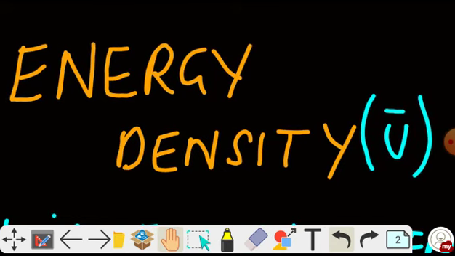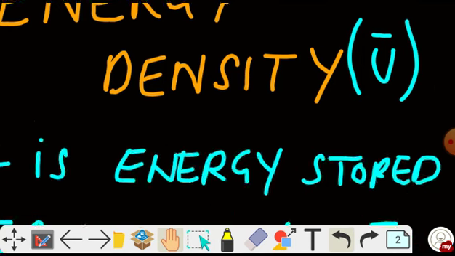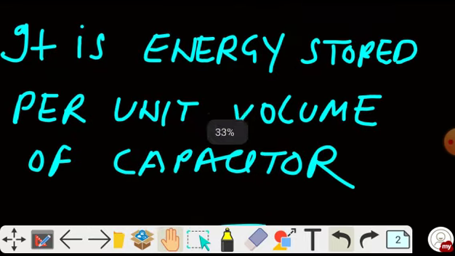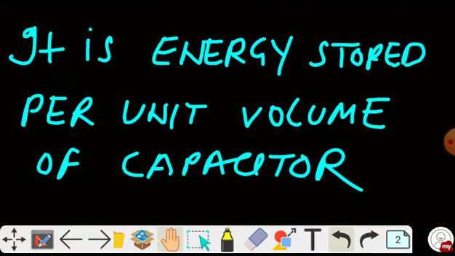Okay, so this is also important. That means what is the density of energy between the plates. So how do we define the energy density? Let's define it. The energy density is defined as the energy stored per unit volume of the capacitor. Between the plates there is a space in which there is electric field, so our electrical energy is stored in that space, in that volume. So what is the electrical energy stored per unit volume of the capacitor? That is the energy density of our capacitor. So the energy density is the energy stored per unit volume of the capacitor.